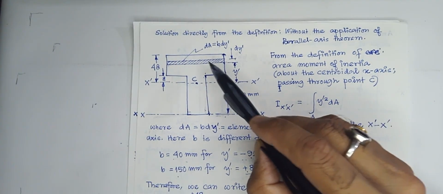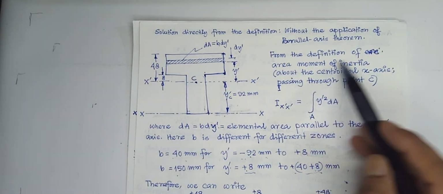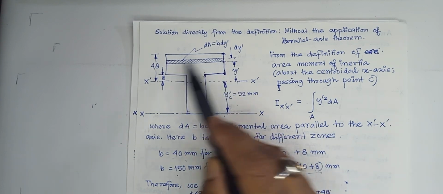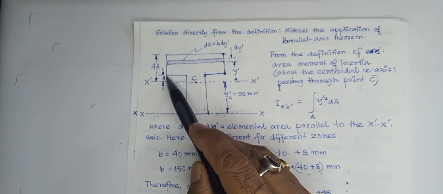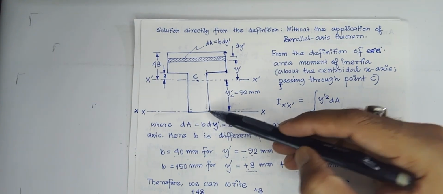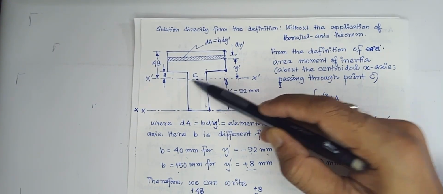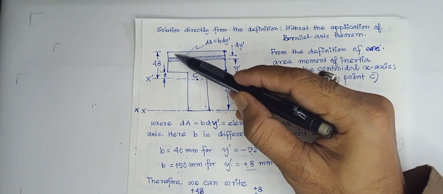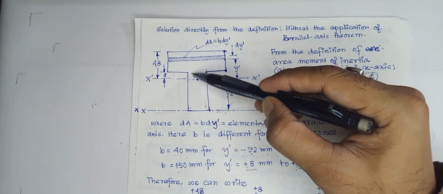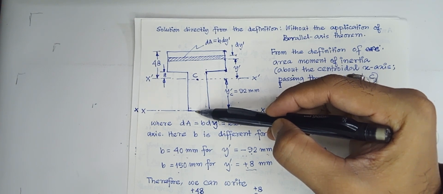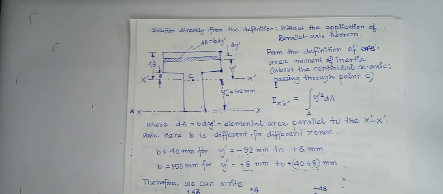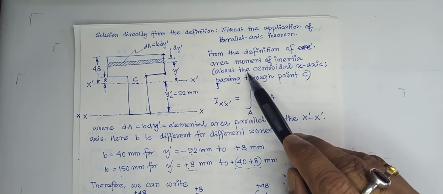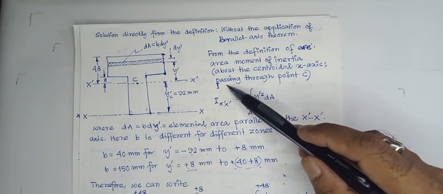Now we see that this b will vary, because from this point to this point b is something, and from this point to this point b will be something else. This is discontinuous. So it will be the same for this part, and again for this part it will be something else, which is again different. So from the definition, the area moment of inertia about the centroidal x-axis passing through point C,